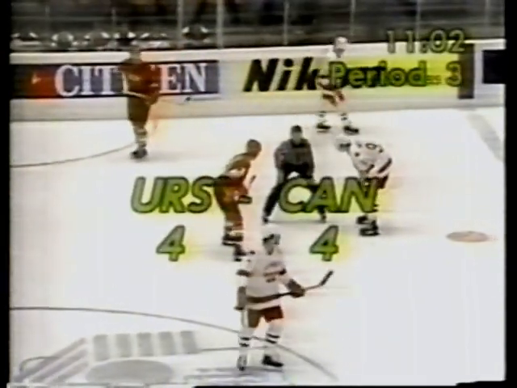One, Bobby Smith to Cicerelli, just about ankle high, where Dino couldn't get a stick on it. Another shot from the point on Hartsburg was cleared to the side as Cicerelli moves into the net. One has to be really impressed with the play of the Soviets. They're quite a power in international hockey.